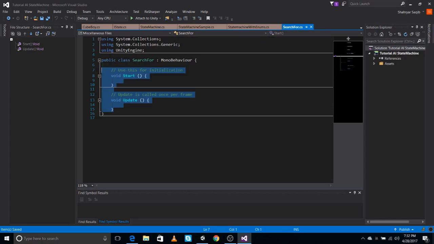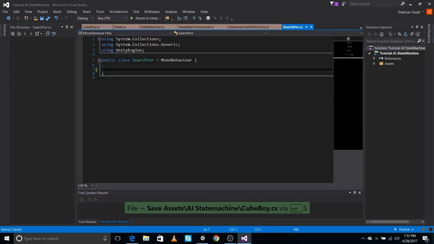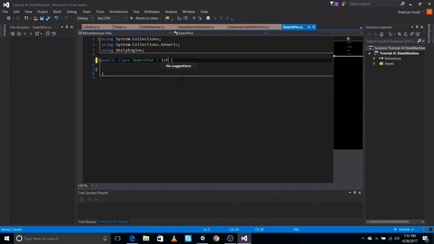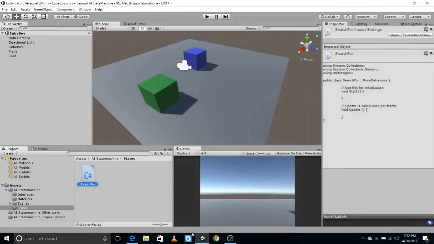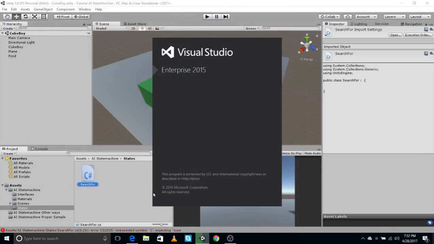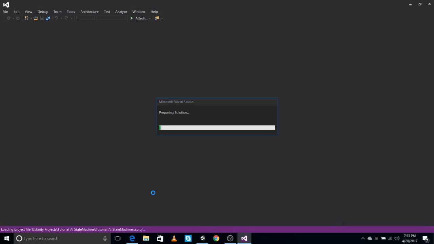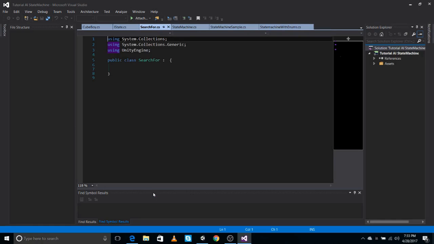So this is our search for cartridge, and we implement IState. My IntelliSense has gone bonkers. Let me quickly run it. Excuse me. Okay, now we are making a state which will allow anyone using that cartridge to search for something